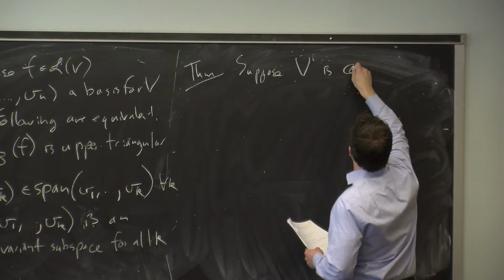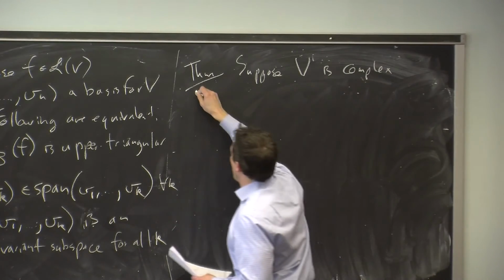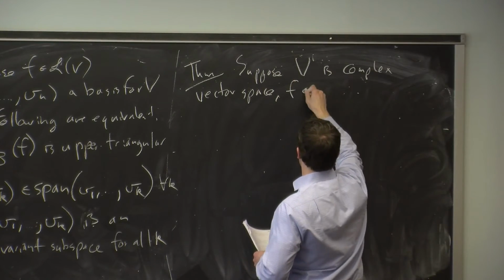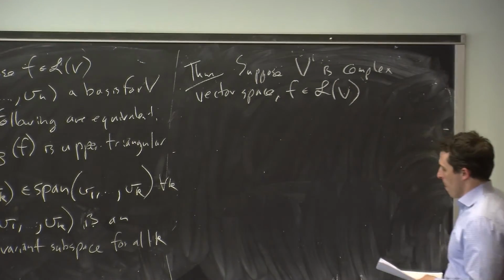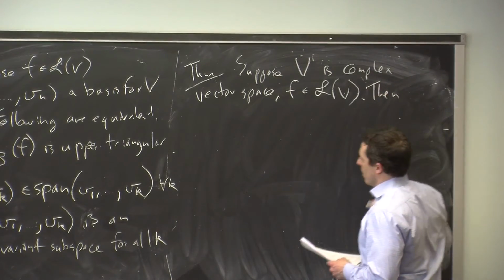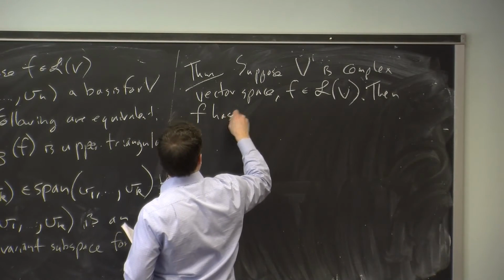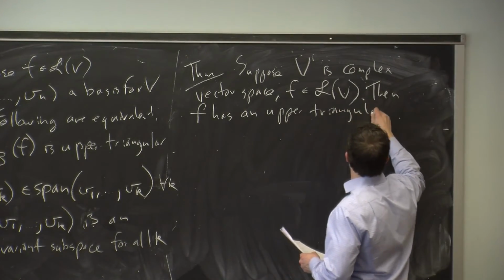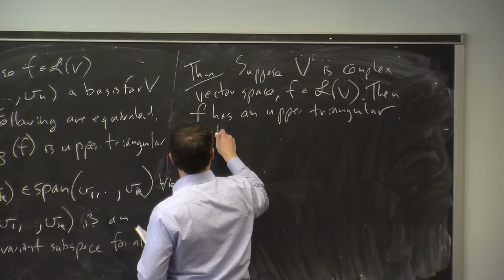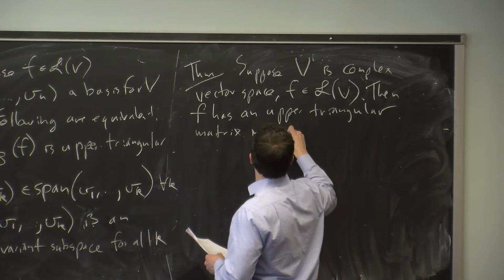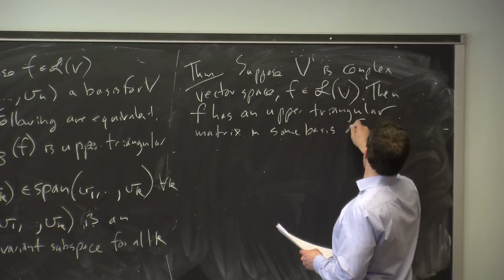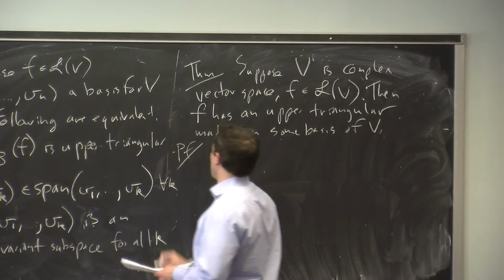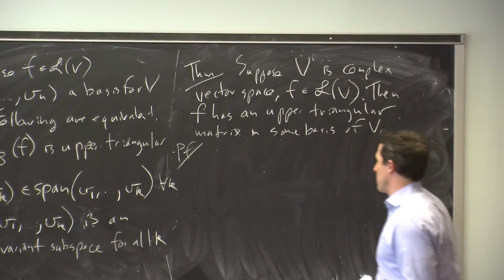Suppose V is a complex vector space and F is an endomorphism of V. Then F has an upper triangular matrix in some basis of V. And we'll abstractly construct a basis. So what's the proof? The proof is by induction